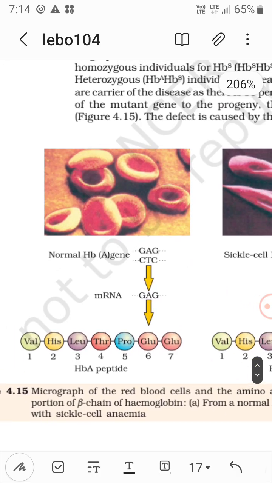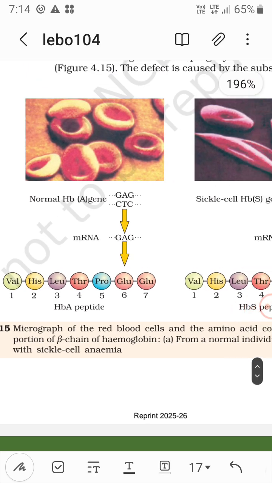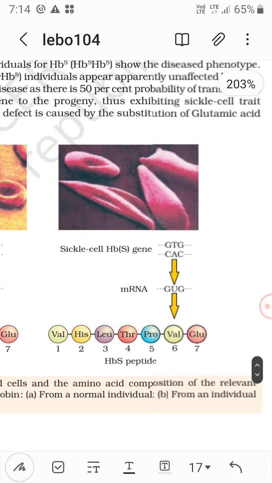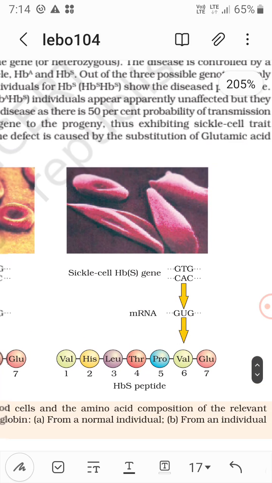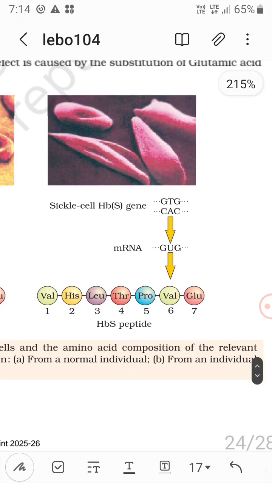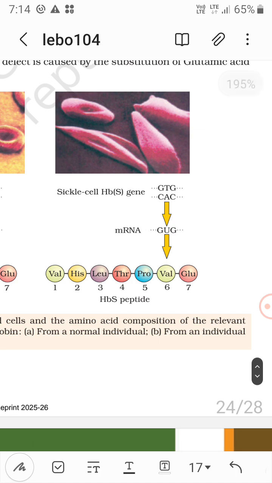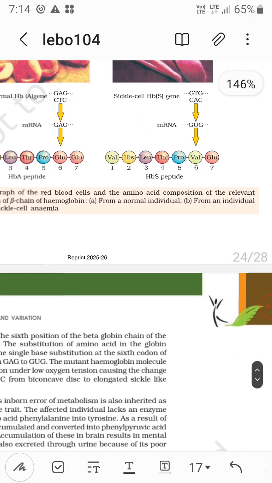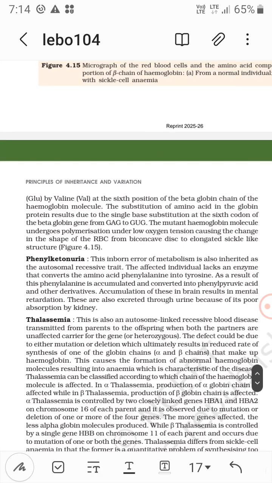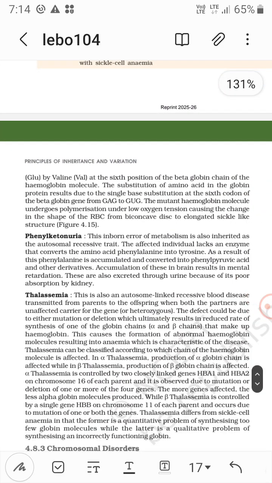So you can see the normal HBA gene, GAG, CTC, then mRNA is GAG. So GAG, that is glutamic acid, is the normal HBA peptide. Now this HBS is the infected peptide, or the disease peptide. Now you can see the sickle cell HBS gene, that is GTG, then CAC, then GUG. So GAG is being replaced by GUG, that is glutamic acid by valine. So this is from an individual with sickle cell anemia. GAG is replaced by GUG, glutamic acid by valine, at the sixth position of the beta globin chains of